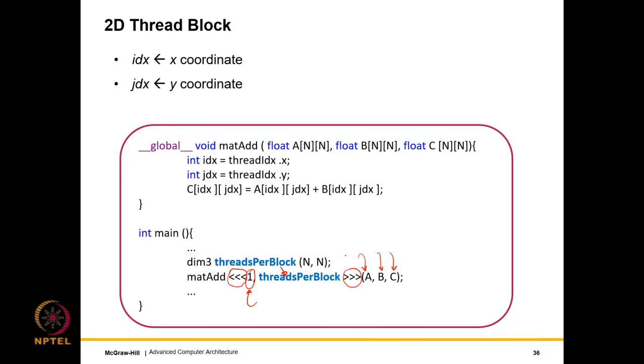But the important take-home point over here is that you need to understand that the arrangement has to be specified within the 3 less thans and 3 greater thans. The first is the arrangement of thread blocks per grid, which in this case is defaulting to 1, and threads per block. Right? And we are creating basically an n cross n matrix. Okay? And 1 block per grid.